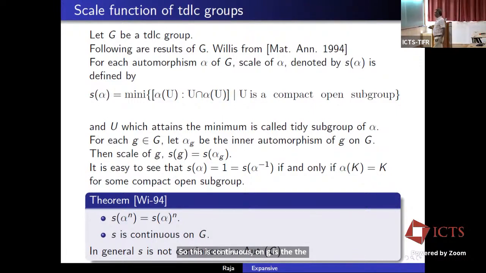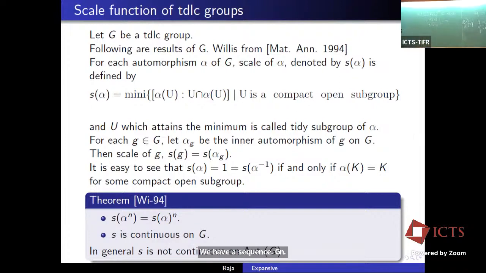So using this, let's see a proof of how this first result comes. We have a sequence Gn that verifies this property. Then you apply the scale to this, and this is a sequence of group elements. Here the scale restricted to inner automorphisms is continuous, so by continuity this will converge to this. But then this can be written as, by the first property that we have,